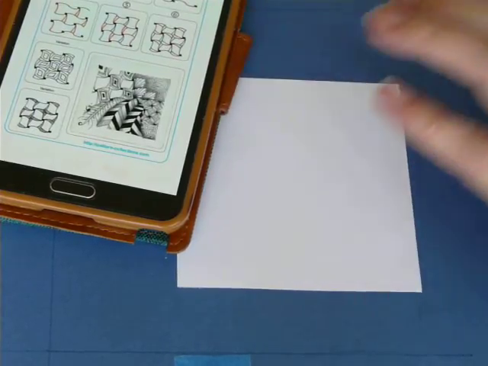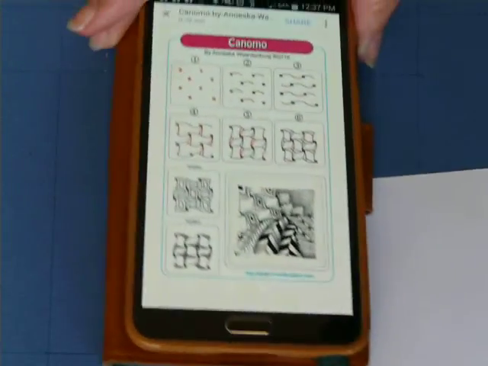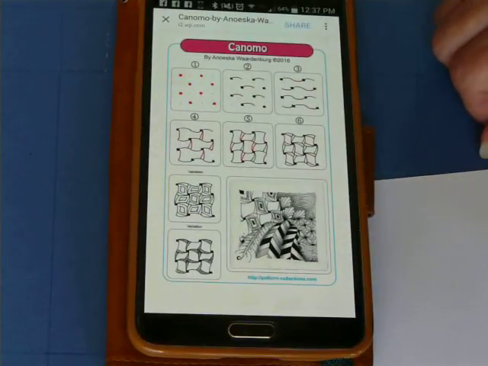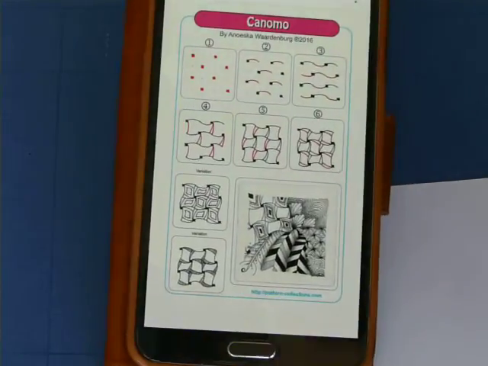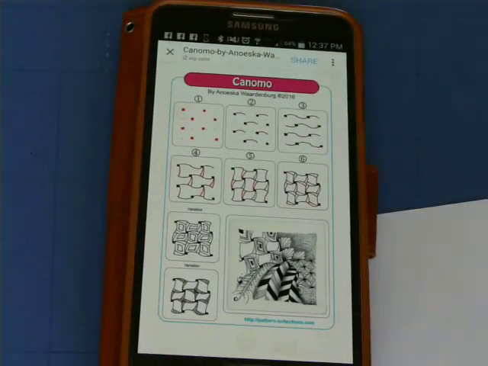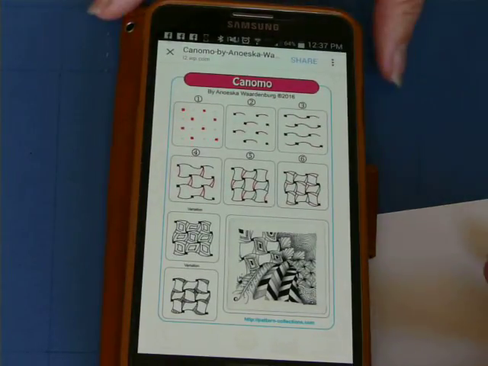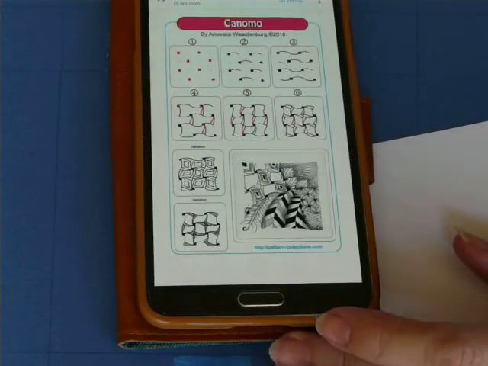Okay, one more for today. It is this tangle called Canomo. Not too sure how you would pronounce that, but there it is. It appears to be one of those sort of grid-like dot grid tangles. It appears you start with,